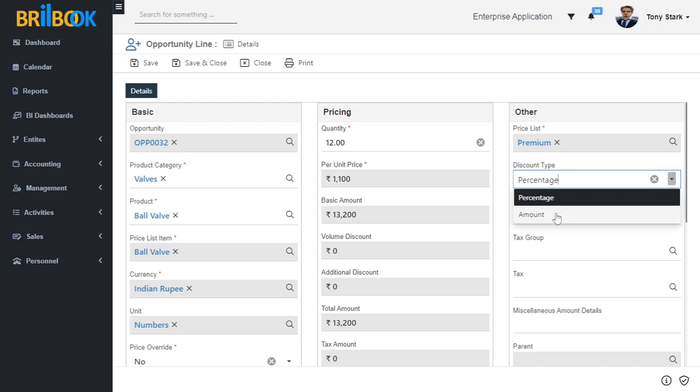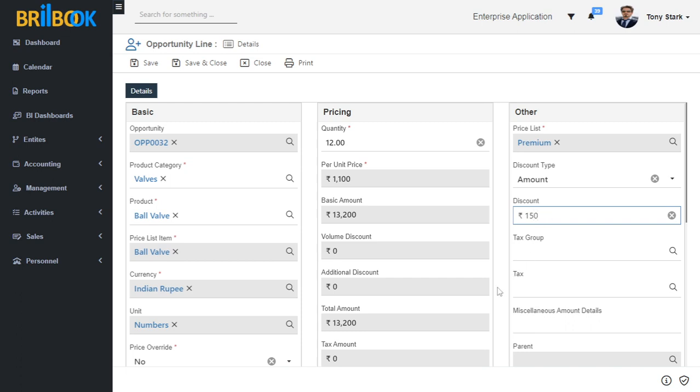If you select amount as a discount type, then amount field appears below the discount type field. Here I am going to add the discount in amount as 150 rupees.